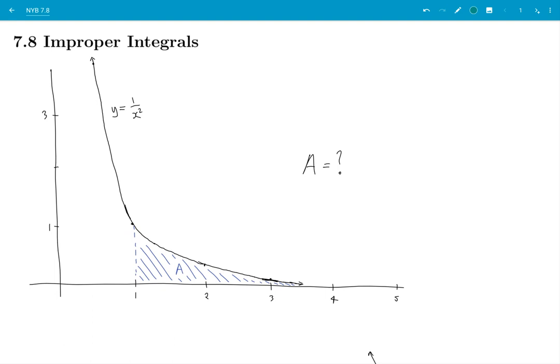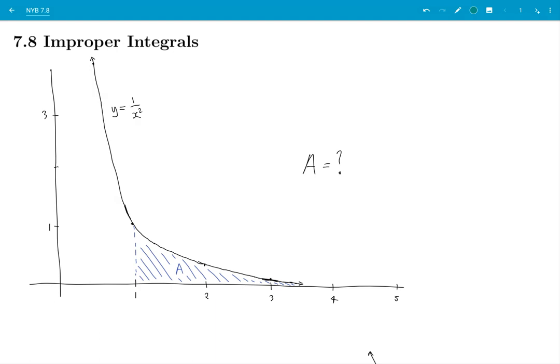Okay, improper integrals. So what are we doing here? Well, pause and copy. We're trying to talk about a definite integral. Usually we have something like 1 to 3 of some function dx. Now one thing we want to do is say, well, what if we replace that 3 with an infinity? And we have this infinite interval to consider. So we're going to call integrals of this form